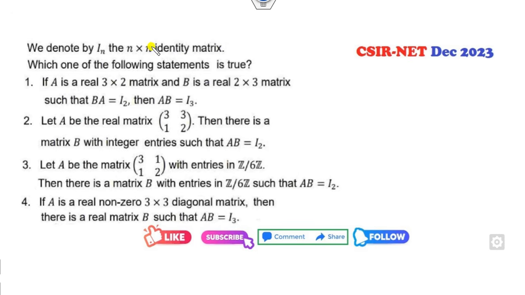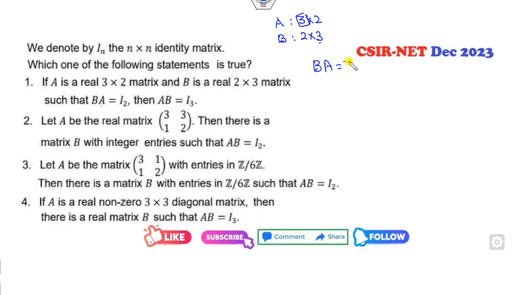Okay. If A is an n cross n matrix, the first option is A is 3 cross 2 and B is 2 cross 3, such that AB is equal to identity. Again, I can apply the concept of rank. Can you find the value of the rank of A? Because AB is equal to I. Once it is identity, A is the number of rows, B is the number of columns. Fine. No, sorry, it is BA. Instead of AB, it is BA that is given.